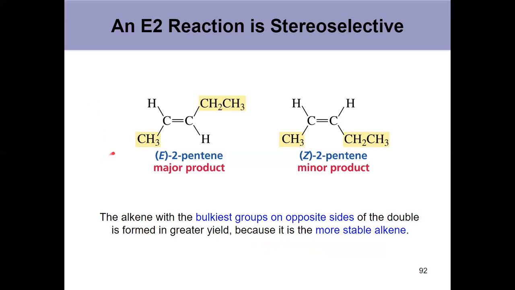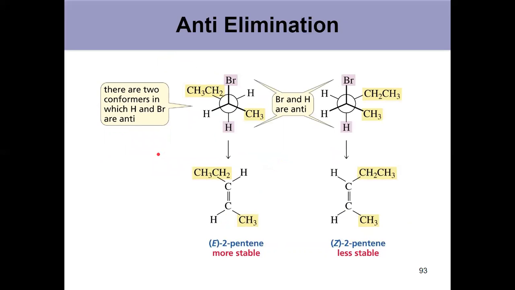The E is preferred because, as we've learned before, an E alkene is more stable because it takes those bulky groups and puts them on opposite sides of one another. Here they're closer together, hence why Z is the minor product. So E is preferred because it's more stable to begin with, and E is also preferred because it can be formed from that